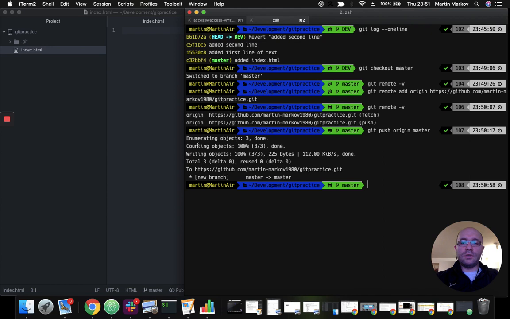And there you go, guys. We have just a few info lines on what Git has done, and we basically just pushed the commits that we've made on the master branch to our remote